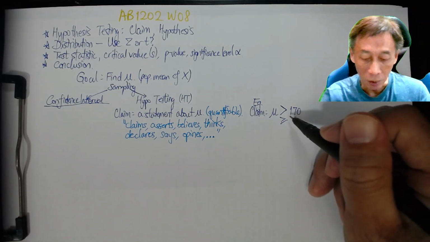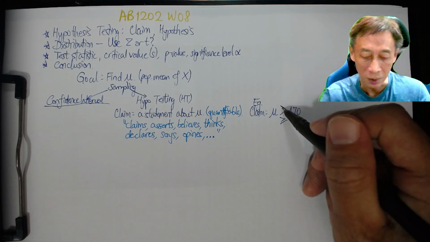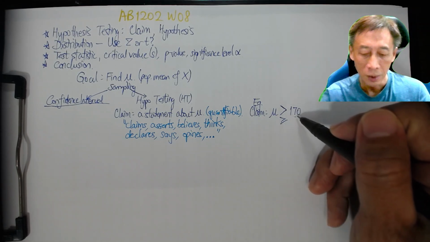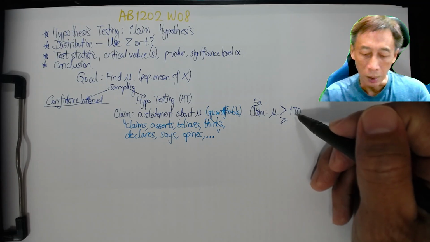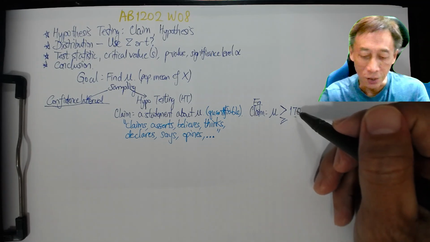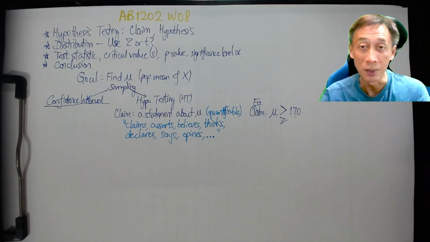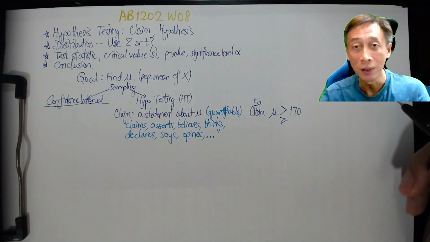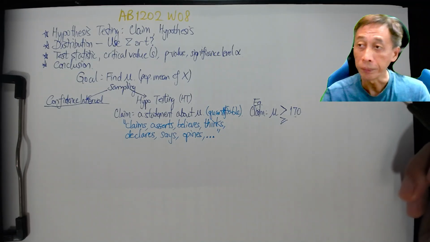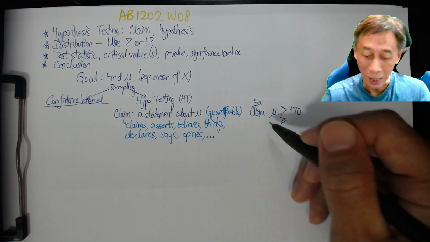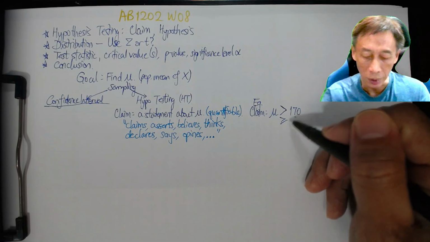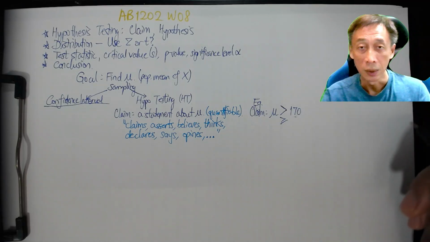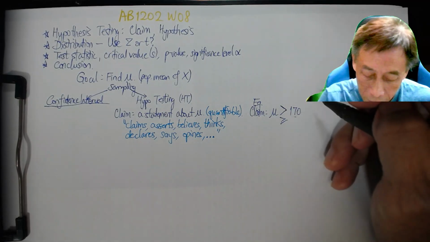I'm just putting down two additional things. One is the greater than operator, or the greater than or equal to operator, and the additional information, 170. So it's not 17, it's not 1, it's 170. So that is a claim. A claim is this statement that mu is greater than or greater than or equal to 170. Right. Another example,